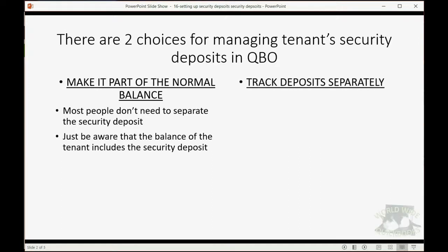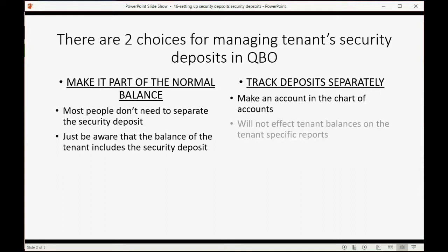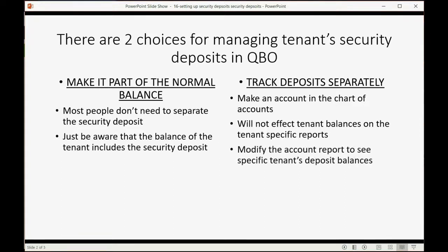However, some people are required to track the deposits separately. In that case, we have to make an account in the chart of accounts specifically to track tenant's security deposit. This will not affect the tenant's balance on the tenant-specific reports, so you have to keep that in mind if you're tracking the deposits separately. We could modify the account report to see the tenant-specific deposits, or more clearly, which tenant gave what money towards the deposit account. And of course, when we go to record an actual deposit, we would use the deposits window,